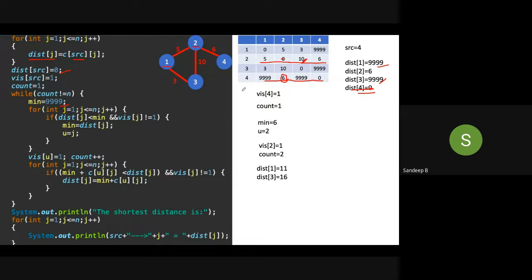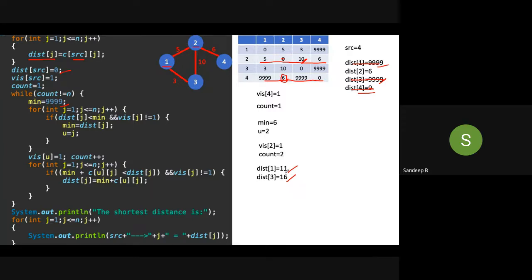Have you understood? This distance array we are updating. Earlier distance of 1 was 999, and we got the new value 11. Distance of 3 was also 999, and again we got one more new value 16. From 4, 3 was not reachable and 1 was not reachable, but now from 2 we got the new distances, 11 and 16.